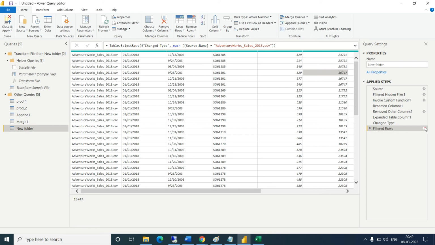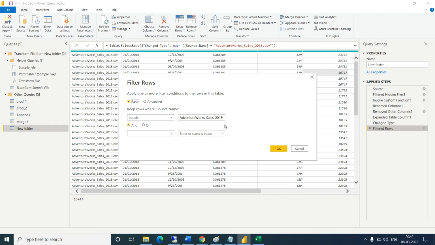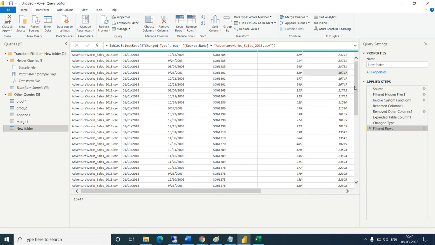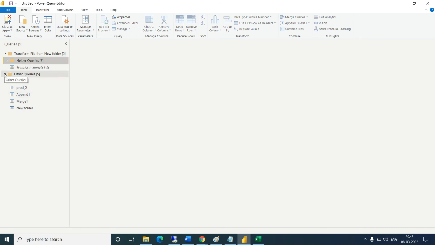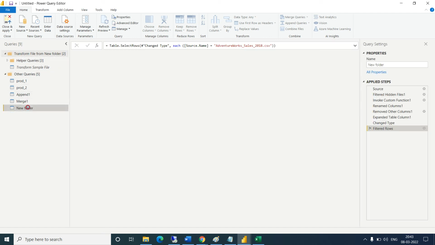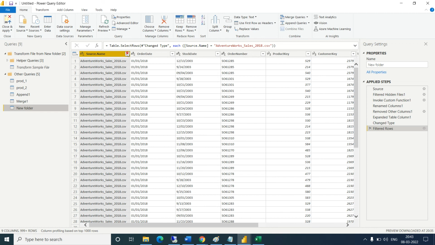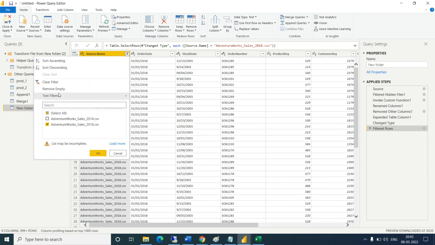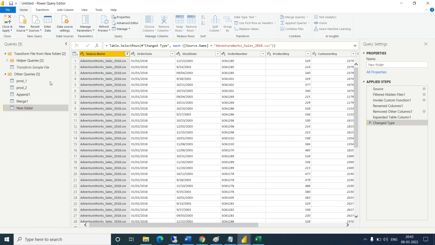Okay, so we need to clear the filter first. How to clear the filter? Click on the folder. So here we need to clear the filter. It will clear all the filters and we will get all the data.